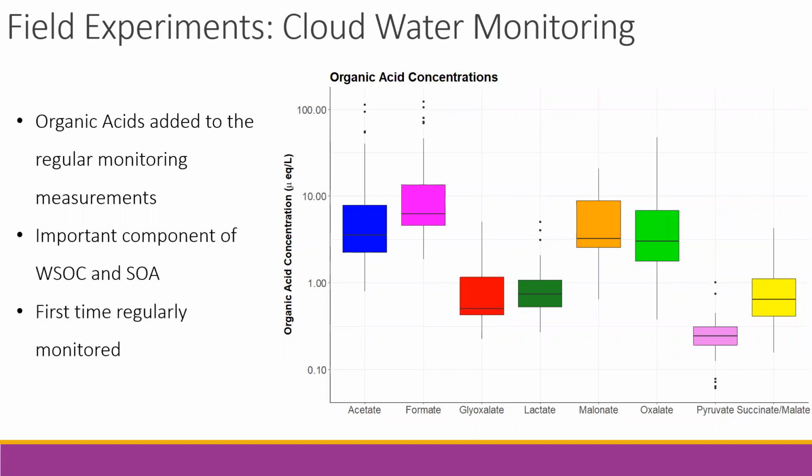There was one study that did investigate them in the 1980s, and a great paper, but it's quite a long time ago, so our chemical system is significantly different. By adding this class of organic compounds to the suite of measurements, we can start to investigate the formation of specific compounds within cloud water.